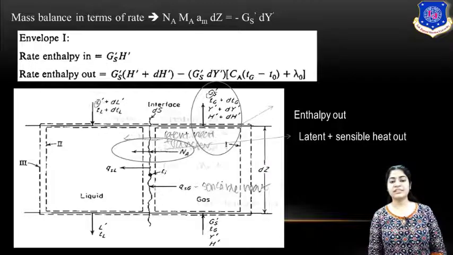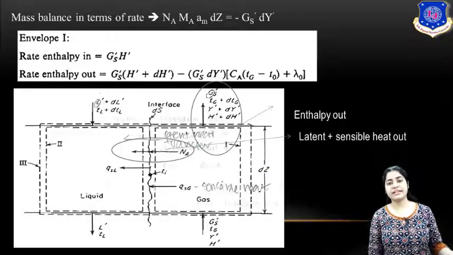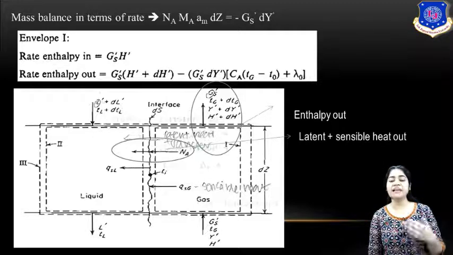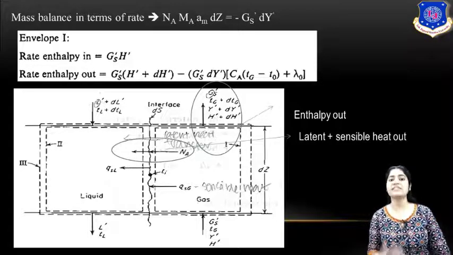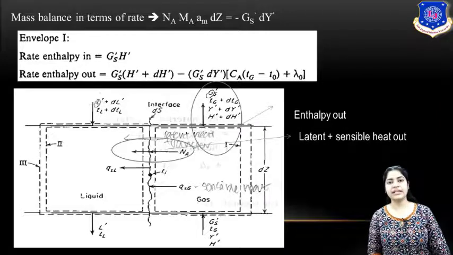About the sign in the mass transfer rate: your A, that is your liquid, is the diffusing one here. And the B, which is your dry air, is non-diffusing. So with respect to A, the direction at which mass transfer occurs for B is negative. Hence you are taking the negative sign. So this way you got the enthalpy of in and out, right?